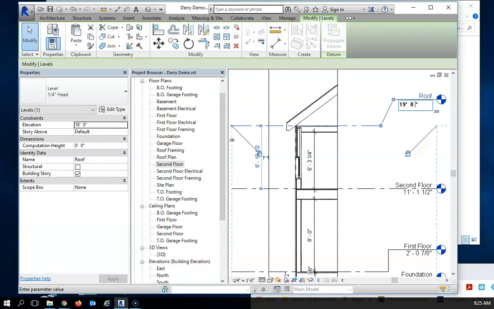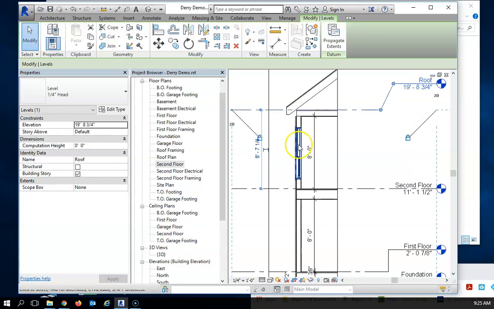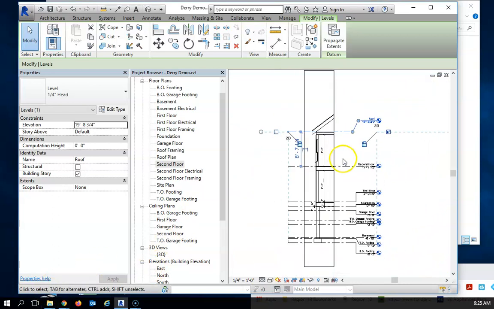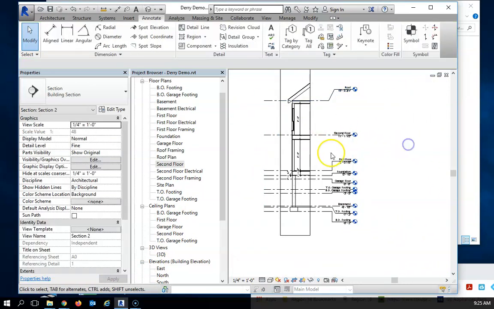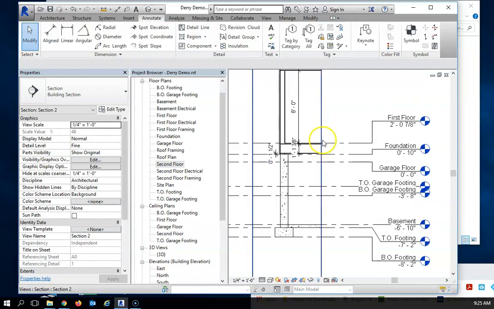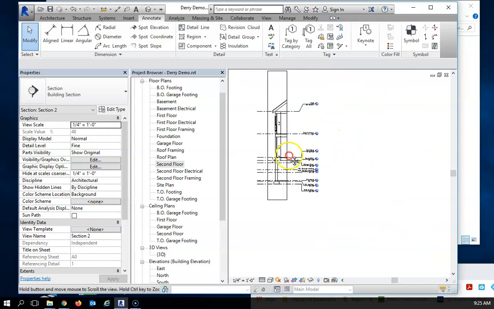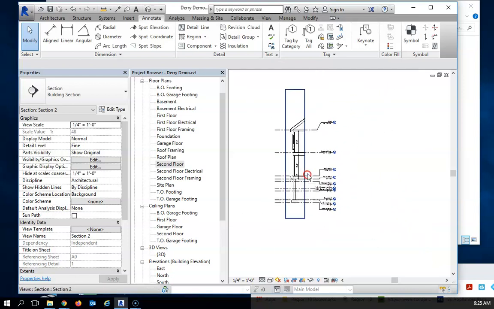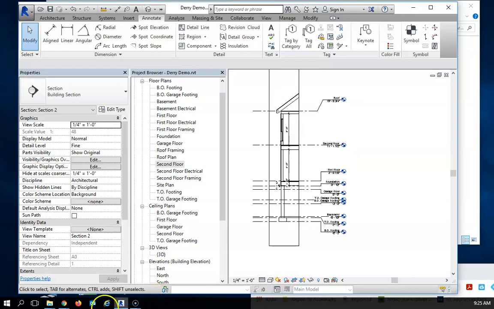Hey, look at that. All right, so we have just straightened out all of our levels, and now we are ready to go about putting in some stairs if you want to. So I covered a fair amount of ground pretty quickly here. I'm going to say this is a long enough video, so I'm going to